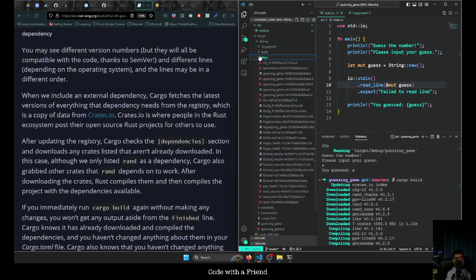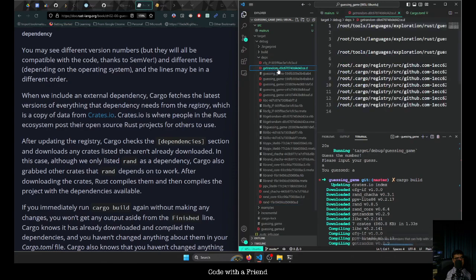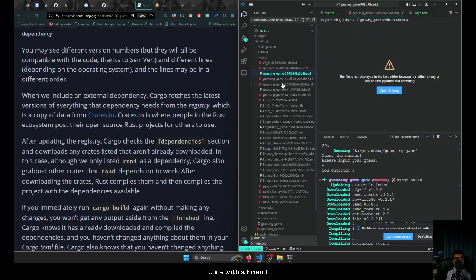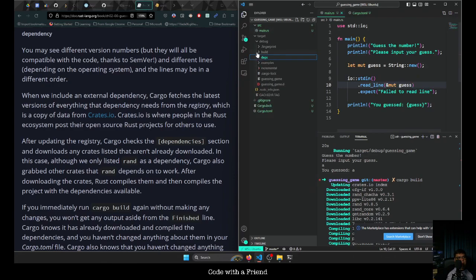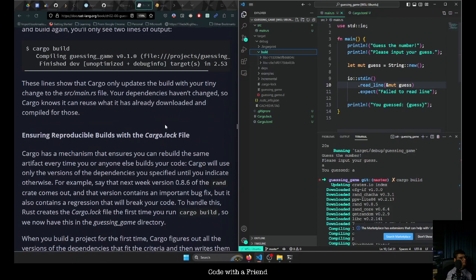So the dependencies are here. This one will be there. So I think this is where the dependencies are built. Okay. Anyway,